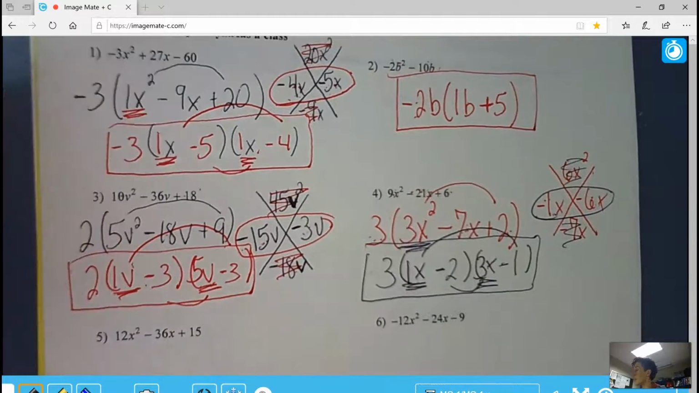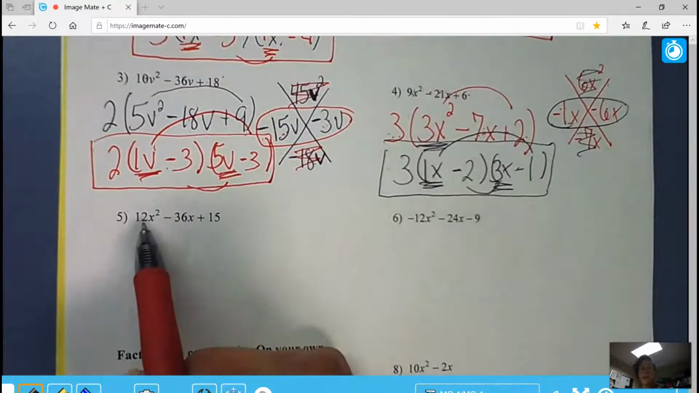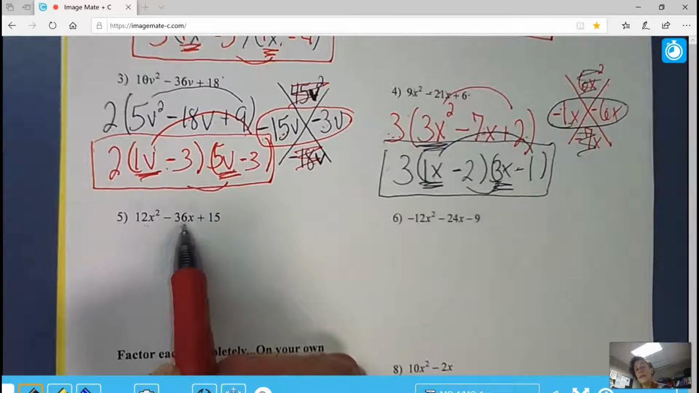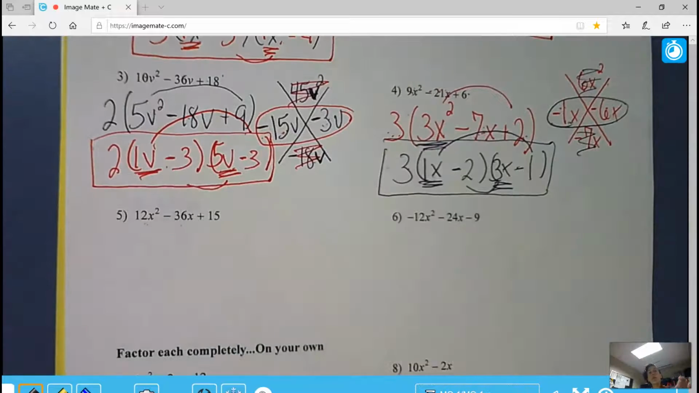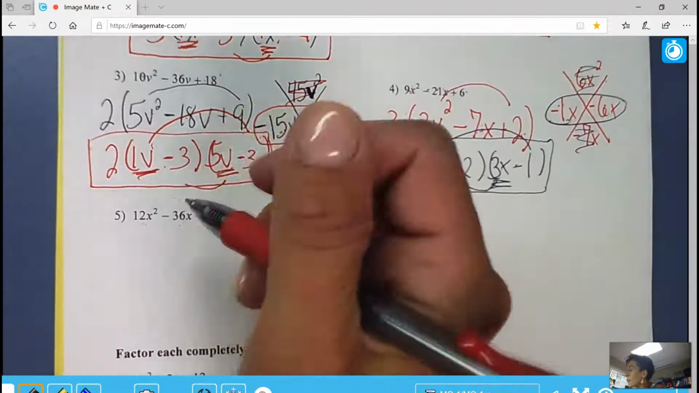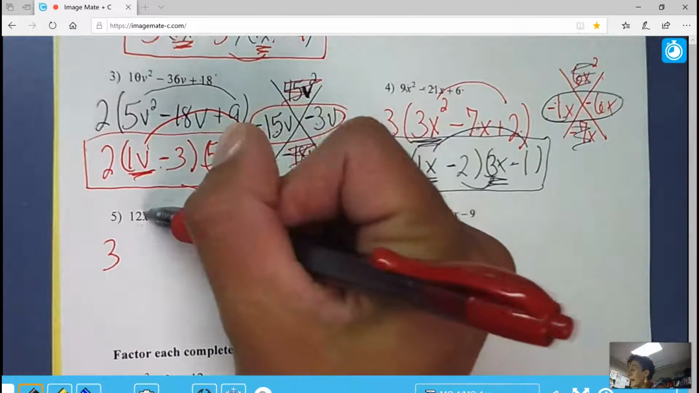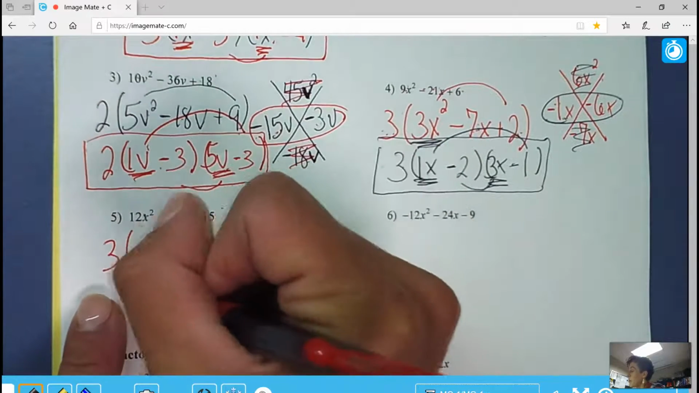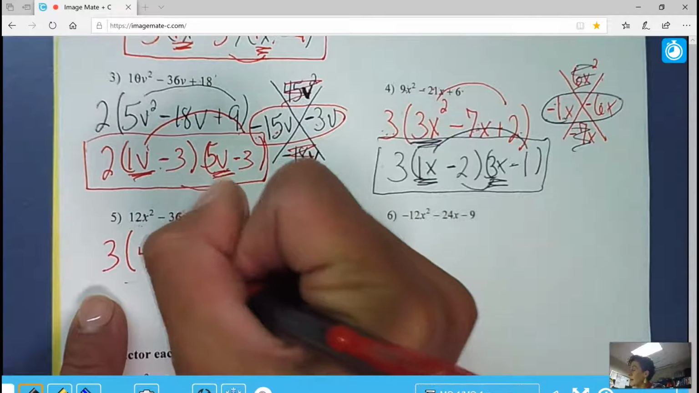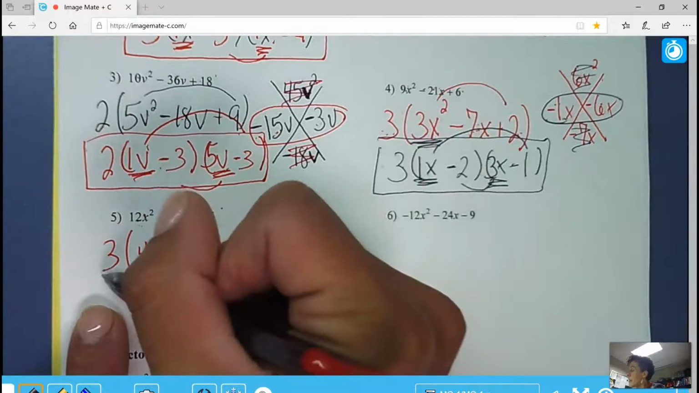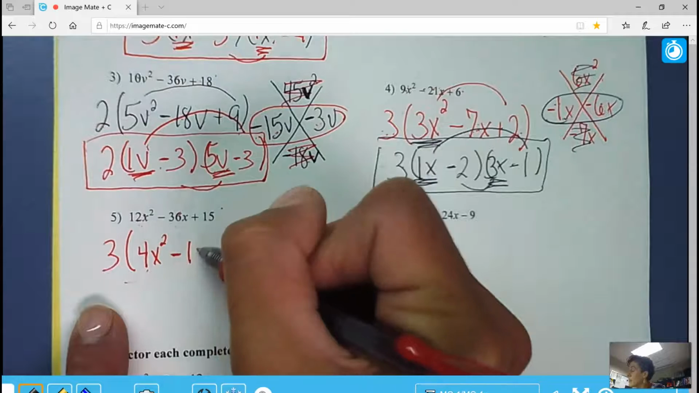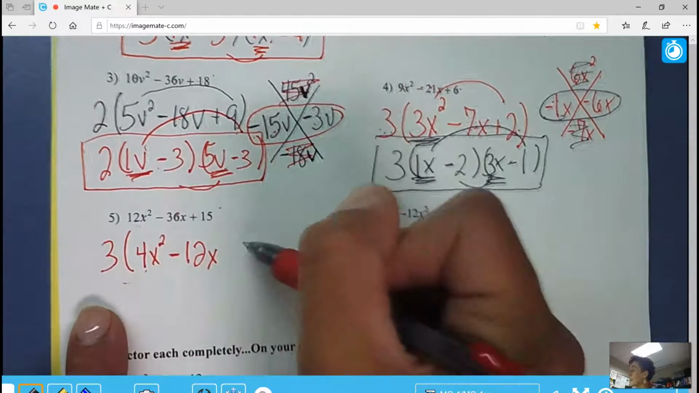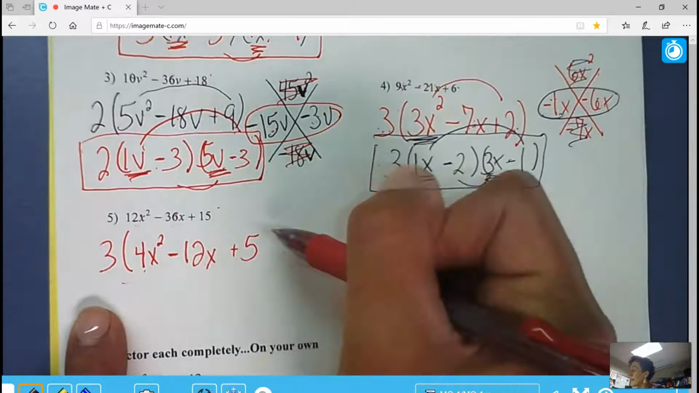All right, 2 more. So on this problem, looking for a GCF, again, I would start with the smallest number, and although 12 goes into 36, it doesn't go into 15. So I need a number smaller than that, and that number will be 3. I can't take an x from every term, so my GCF is just 3. So 3 times 4 is 12, and it still has all the x's. 3 times negative 12 is negative 36, still has the x, and 3 times positive 5 makes positive 15 and